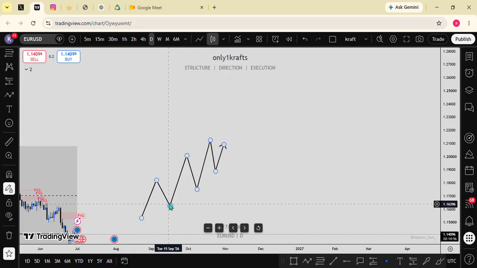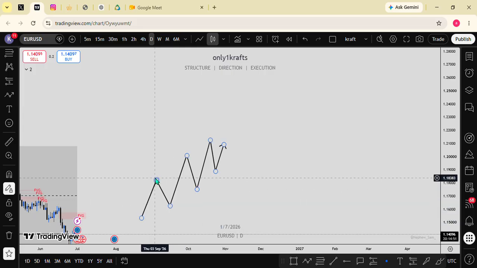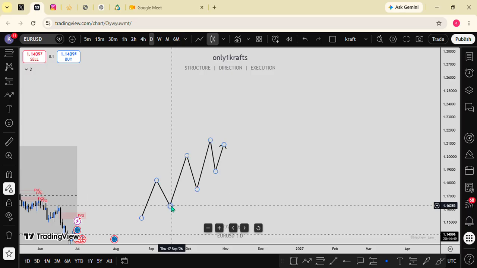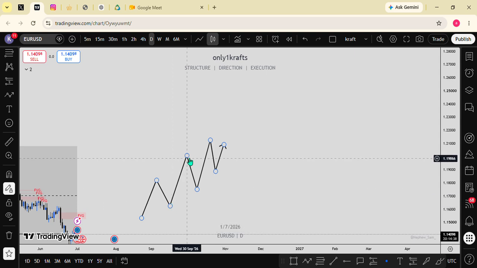Now if price comes here, don't forget every swing point, that is where their money is, right? That means the sellers' money is here also. So if price comes from this point to this point, it means it has taken out the sellers' money, meaning the buyers are still strong in the market. Are you getting me now? Meaning the buyers are still strong in the market, giving us this new high, and then price came down again, sellers pushed it down, and then the buyers pushed it up, taking out the sellers' money here again. Now if price fails to break this high, and then we did something like this,